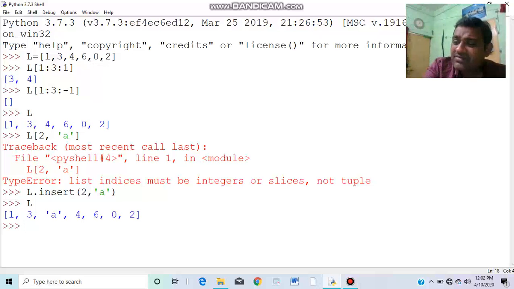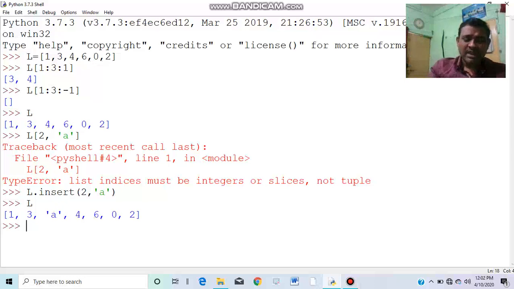What about the append function? Append means appendix. You might have heard the word appendix. In books, an appendix is content which is appended at the last of the book. Append means adding something at the last. In books we see an appendix, something not discussed in the main course, discussed later in the form of an appendix.